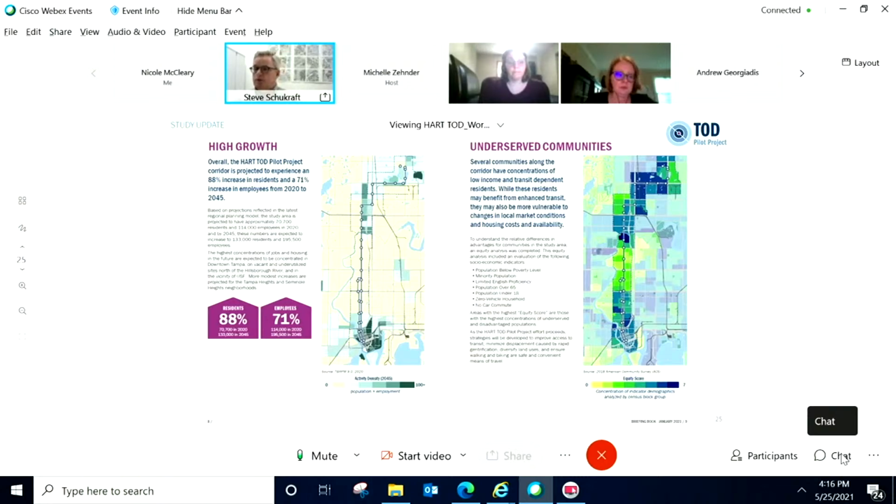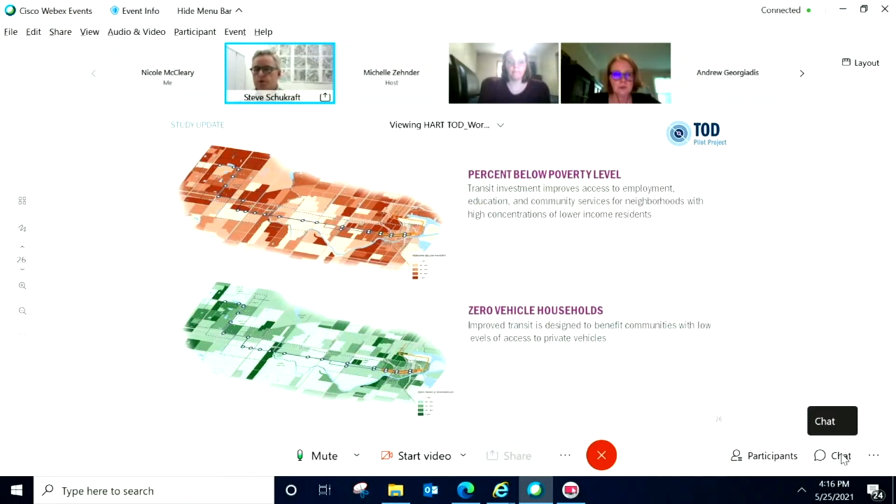We've also looked at the communities that are along the corridor now, and we tried to understand better what the conditions are of those communities, who stands to benefit, and who's at risk of change along the project corridor. So we looked at a series of indices of equity to try to understand the different needs of communities along the corridor. We drilled into a couple of those to look at the relative levels of poverty along the corridor to understand better how people could benefit from this regional accessibility, better access to jobs, better access to services, but also the folks that were dependent on transit now.